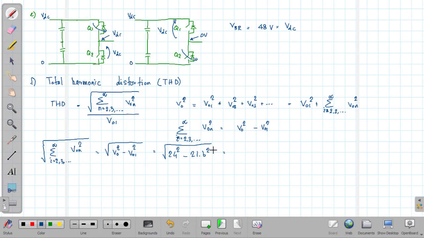If we calculate 24 squared minus 21.6 squared, and take the square root, it is going to be equal to 10.5. Now to calculate the THD, we need to divide this value by the fundamental component, which is 21.6. So 10.5 divided by 21.6 is